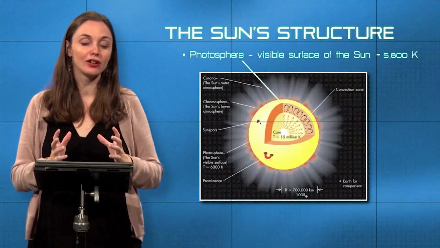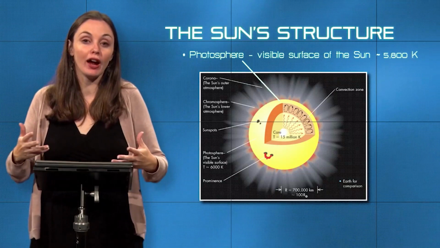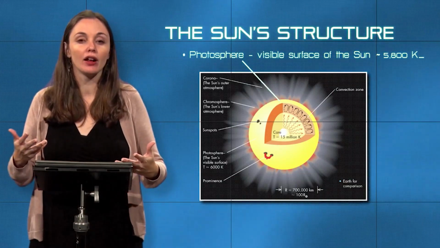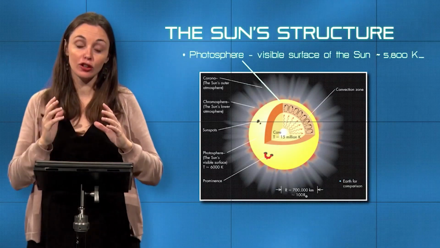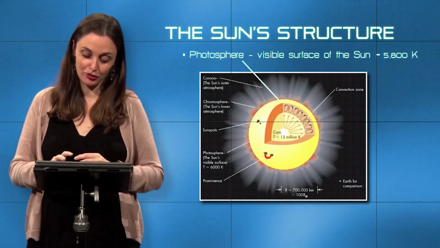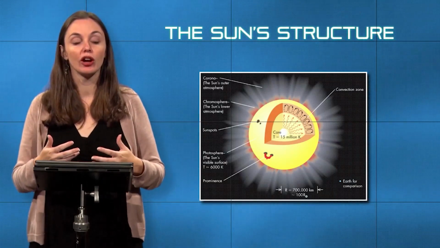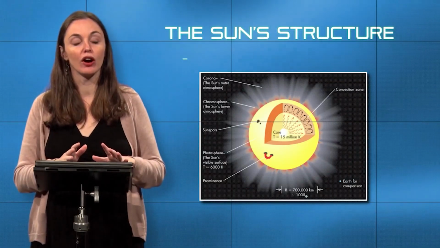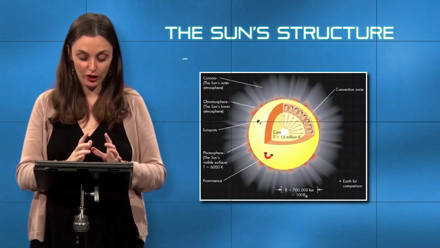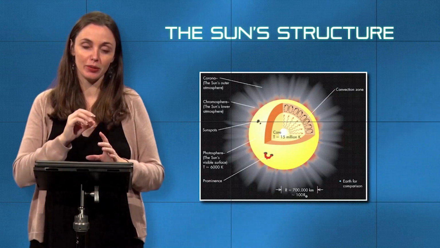Other stars out there in the night sky are not yellow. They're blue stars or white or red or orange. And it all has to do with the variations in the surface temperature of the object, not core temperatures or outer atmosphere temperatures. So of all of the zones of the sun that we've talked about so far, the most important so far are the solar wind and the photosphere. The next one that's going to be really, really important is going to be the very, very core.